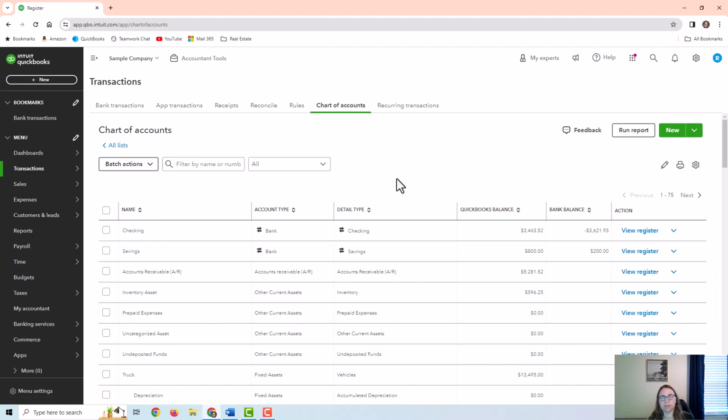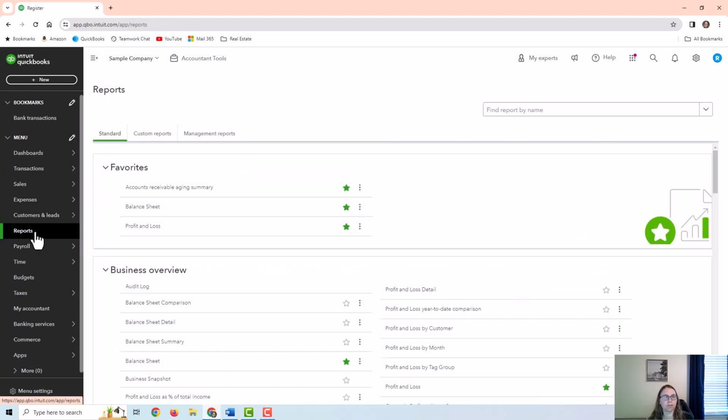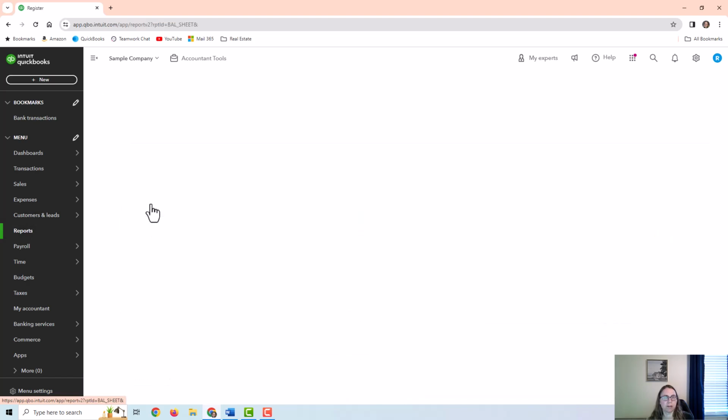So it's really helpful and accurate to put payments together according to how they were deposited together. And then another reason is you want your financial reports to be accurate and your checking account to be accurate. If I go to Reports and I choose Balance Sheet,